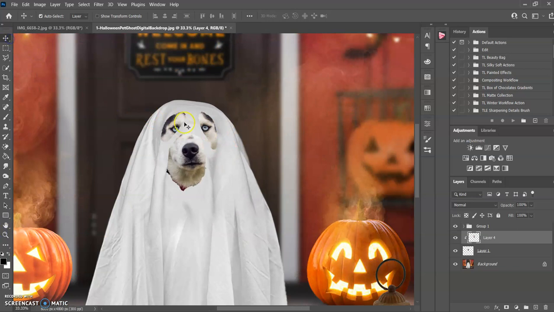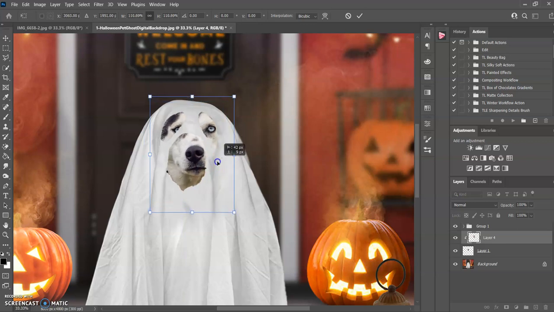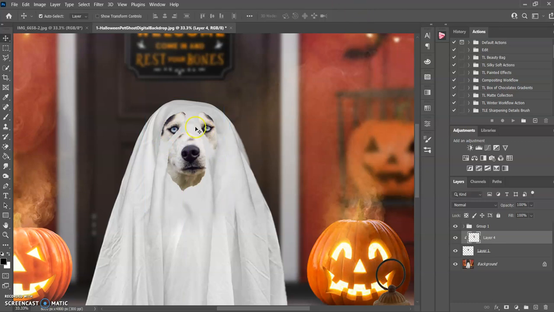All right. Go back to the move tool, Command or Control T on her layer, and I'm going to move her. I'm actually going to make her a little bit bigger too. So about there looks perfect. And you do checkbox. Now, of course, it's not completely perfect because you can see that it's a little messed